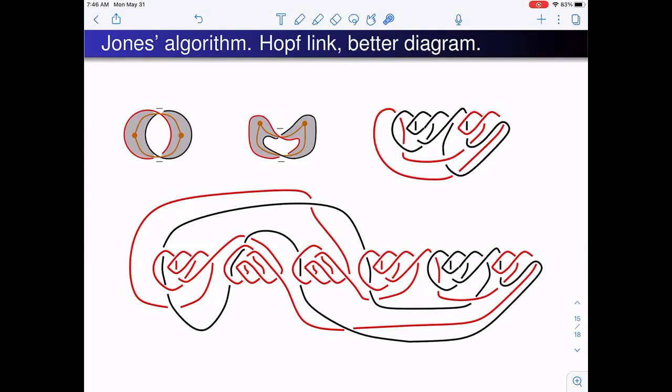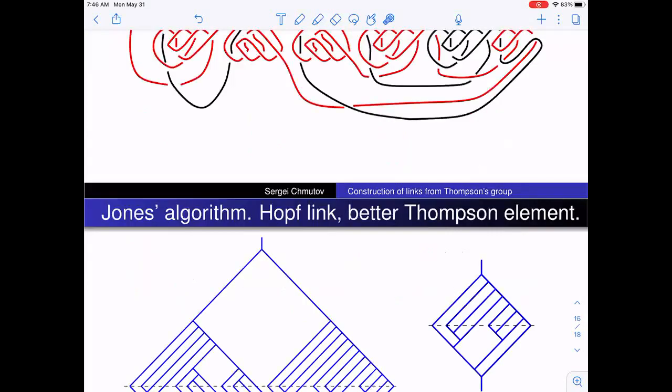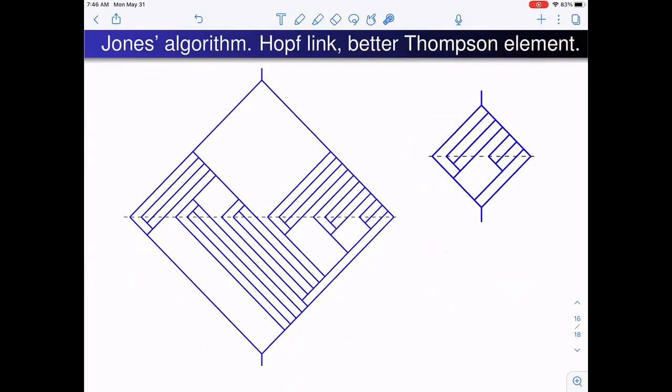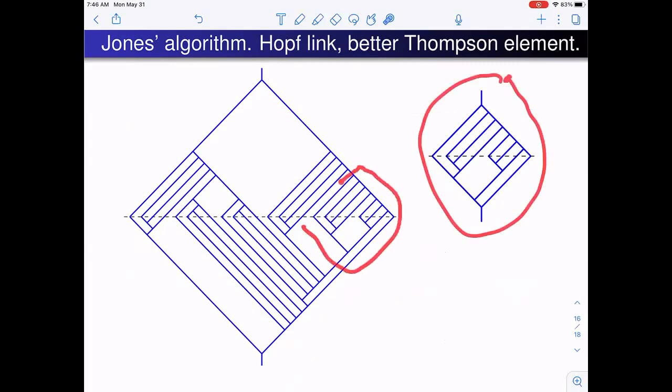And the Thompson element is going to correspond to that beta one. It is this one, and essentially it is basically only that part of that. There are only eight leaves, so it is like 1/3 of the original ugly diagram. So